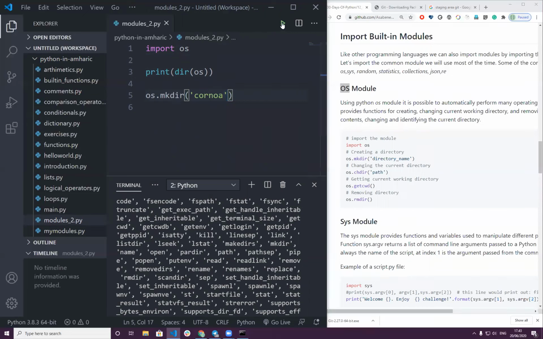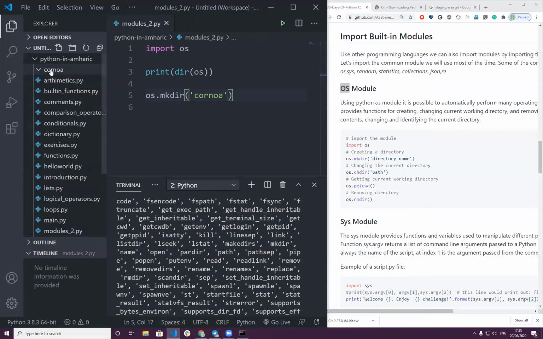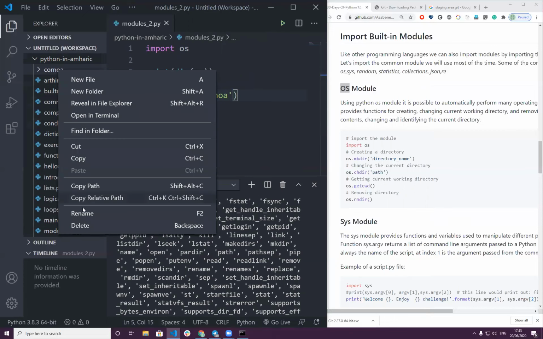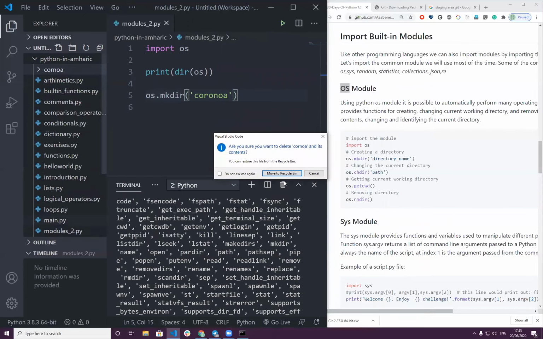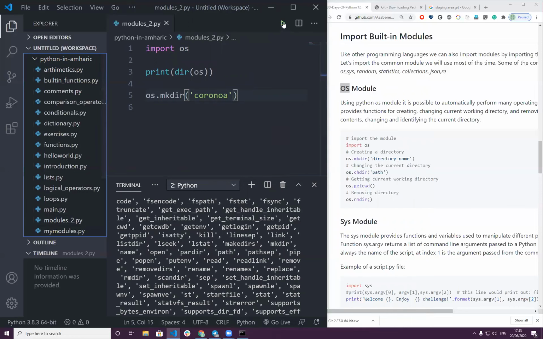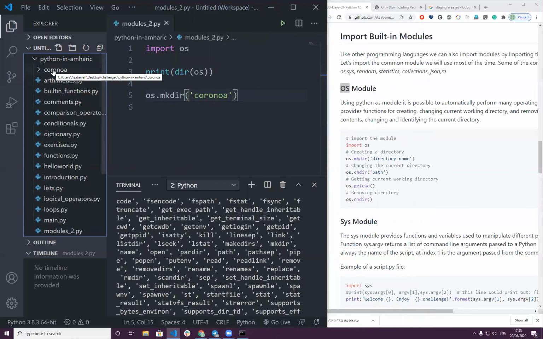If I run this, you should see a folder here. Have you seen? Corona, that's not Corona. Okay. So I can remove this misspelled directory, and then run this again. And as you can see, we managed to create a directory.